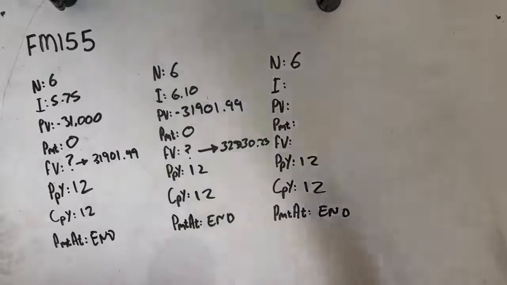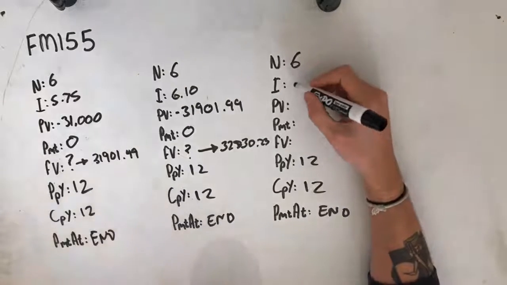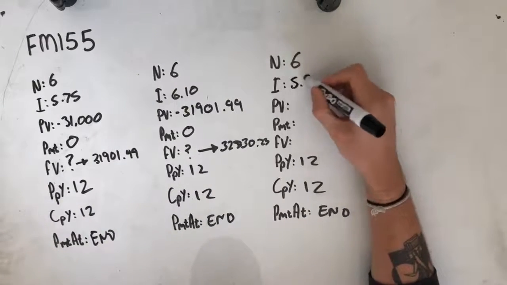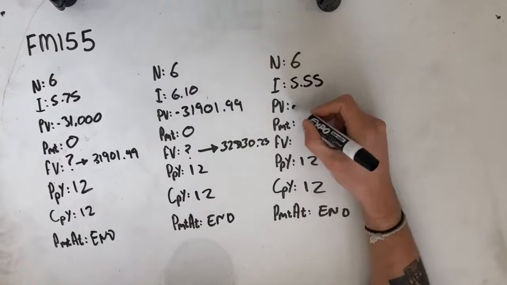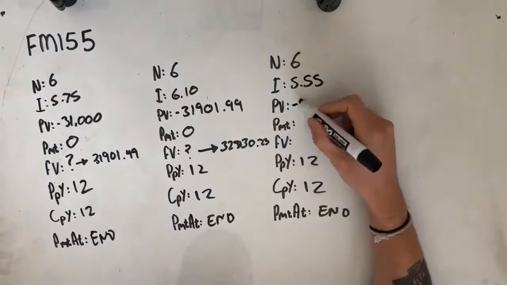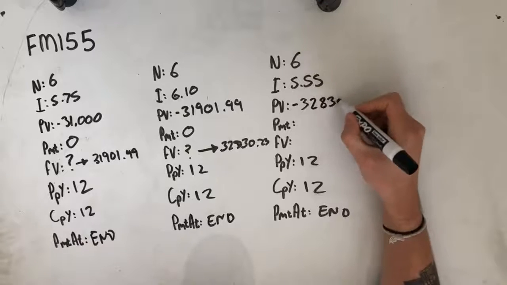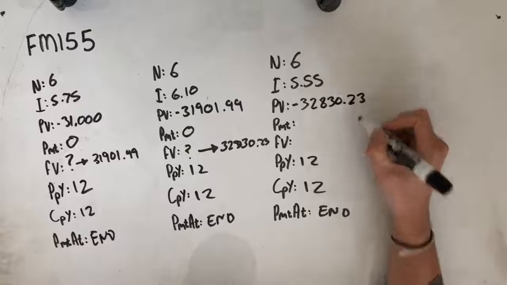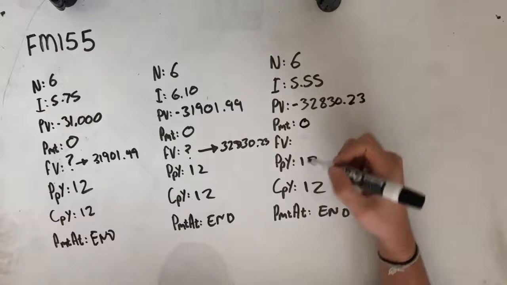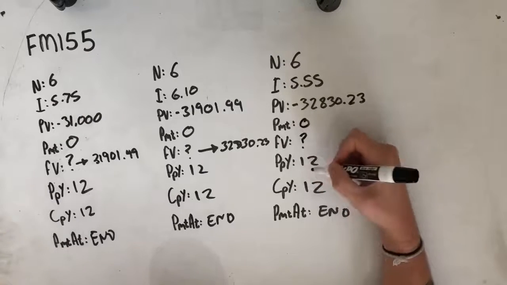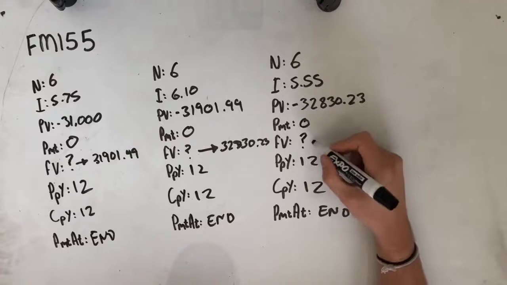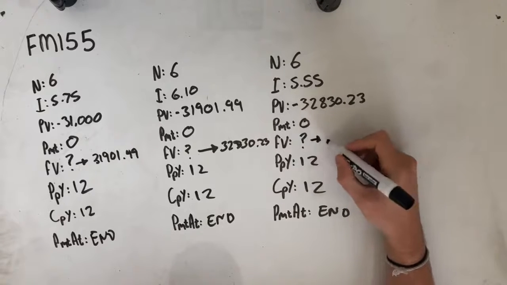The final 6 months, we've got an interest rate that's decreased down to 5.55%. Our present value, once again, making it negative, taking our value from before, 32,830.23, payments of 0, calculating for a final future value here, which we should get a value of